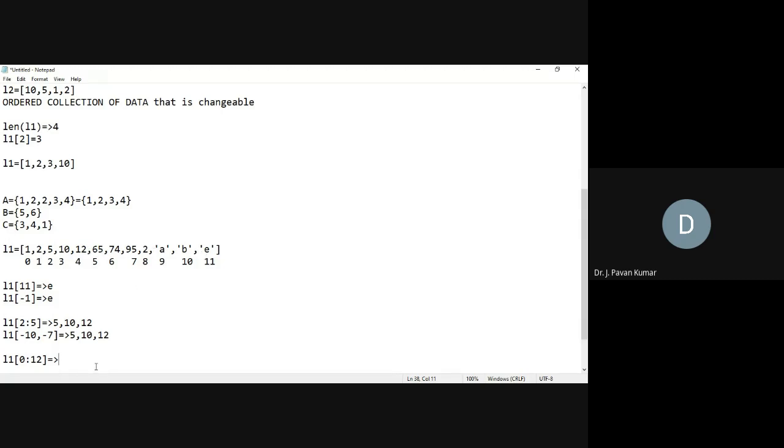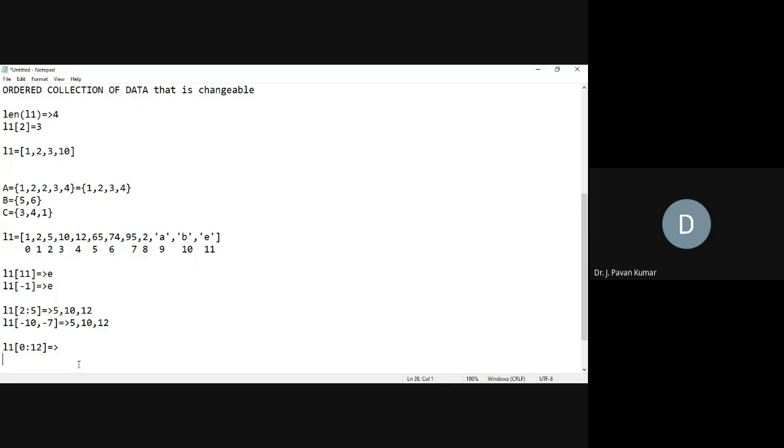This is already known to you. Now consider we have a requirement that we have to start from 0 and go up to the end of the list.